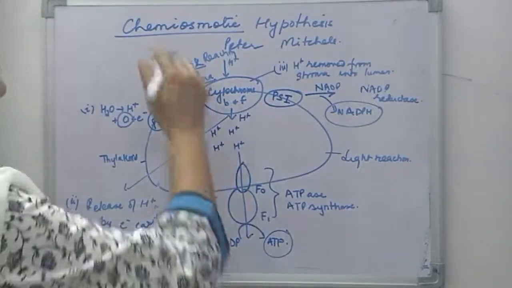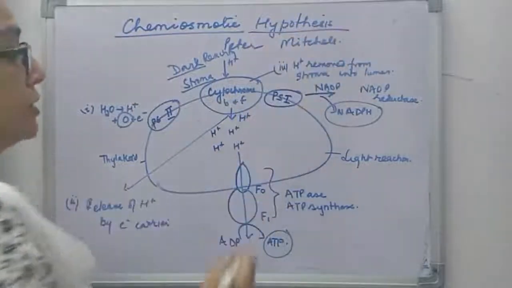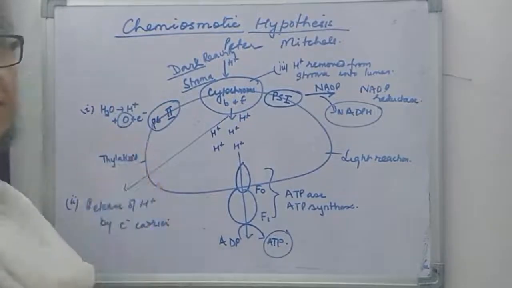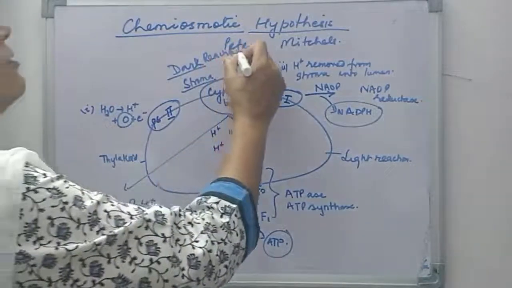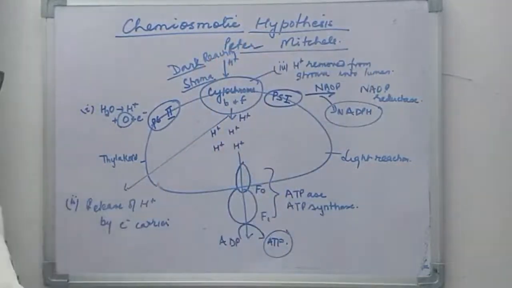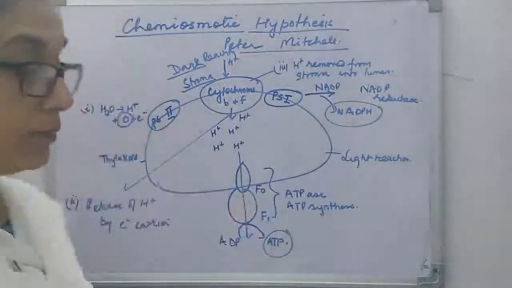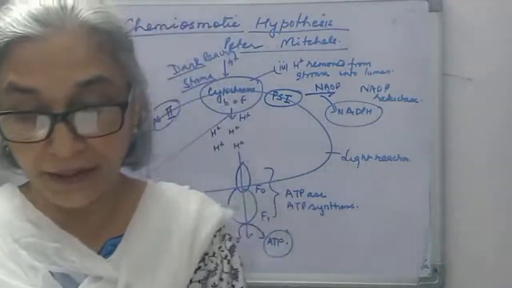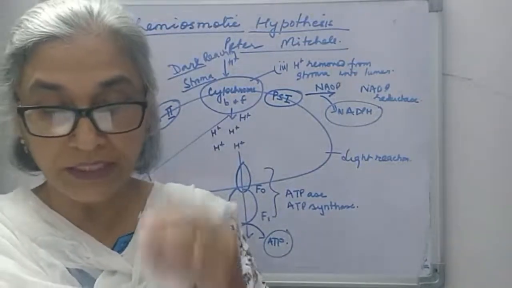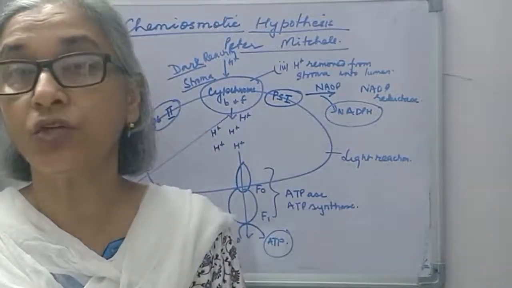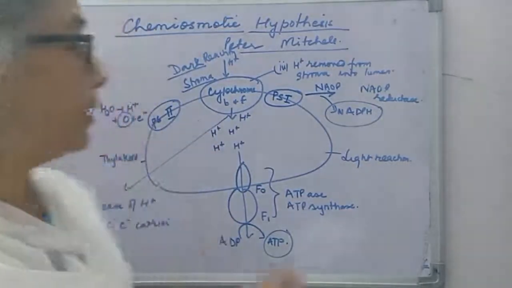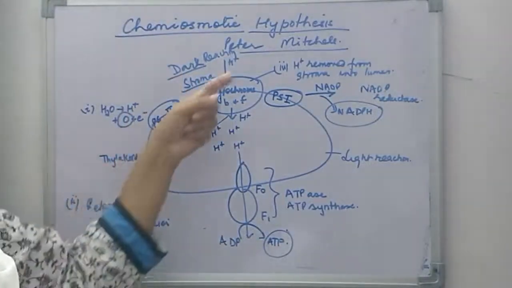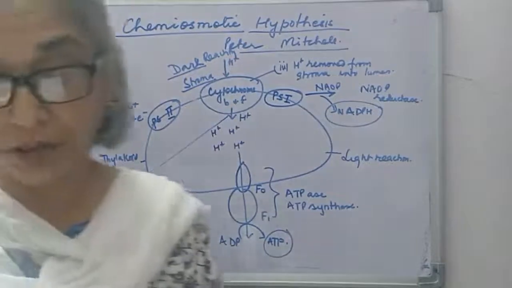So this is called chemiosmotic hypothesis to explain phosphorylation, and it is the most widely accepted hypothesis given by Peter Mitchell. I will once again read out with the diagram the steps that I had read earlier and explained. So we say ATP synthesis is linked to development of a proton gradient across the membrane. Across the membrane means across the thylakoid membrane. Gradient of proton that is developed.